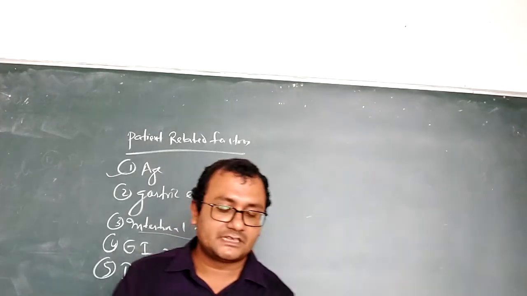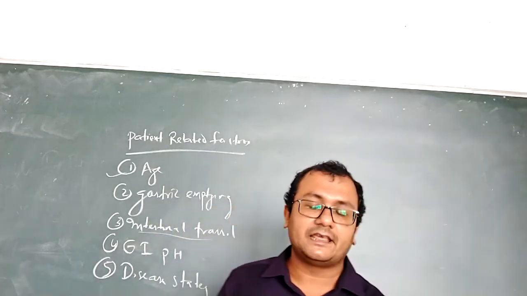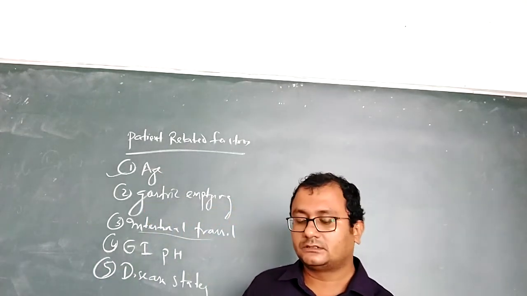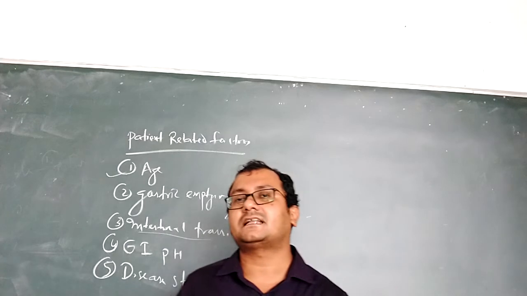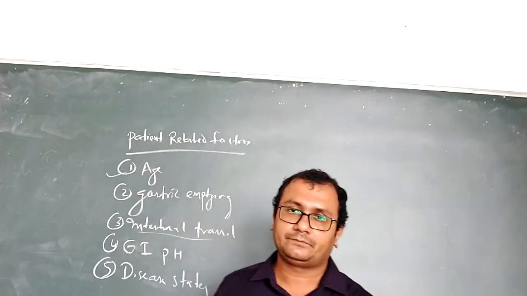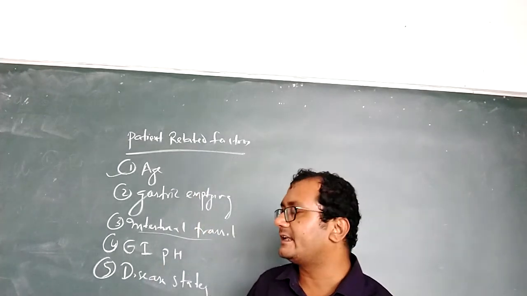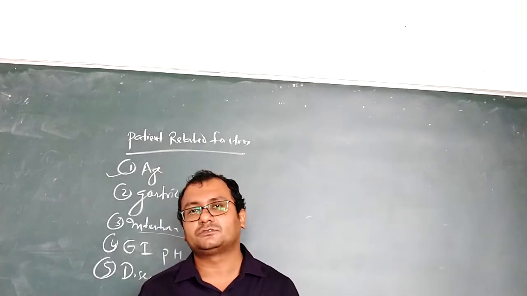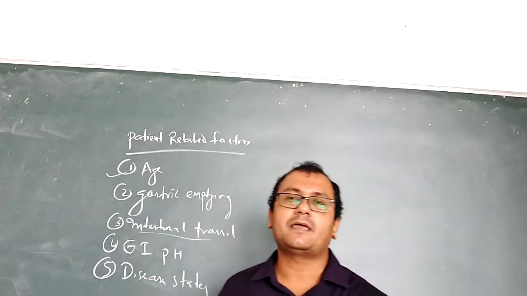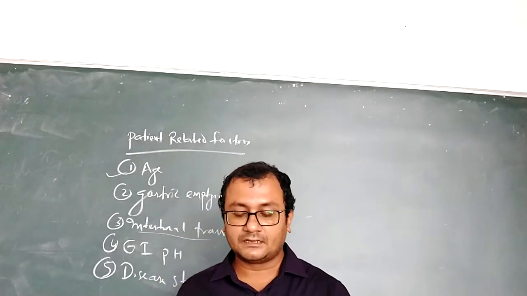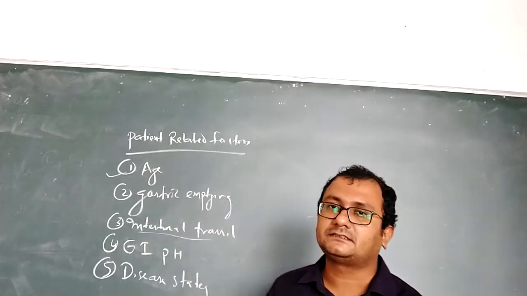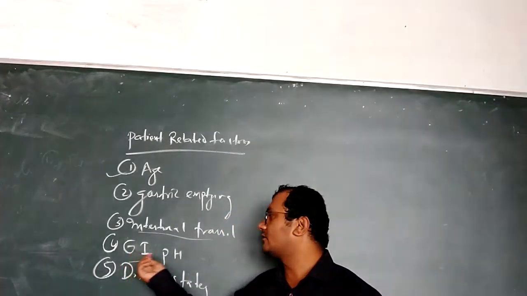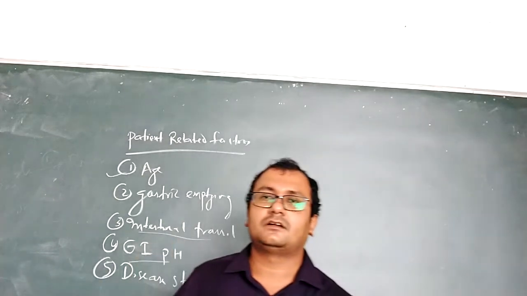That's why there are different types of parts in the intestine. We can tell it's your duodenum, ileum, colon. So different parts have different residence times. If you are targeting a particular part where the drug should be absorbed, then we have to manage like that. Then your gastrointestinal pH, the next one, also will affect your drug absorption.